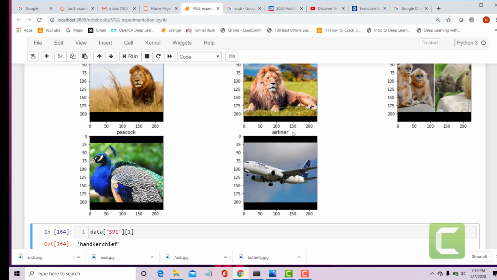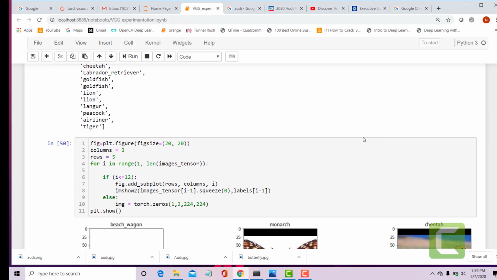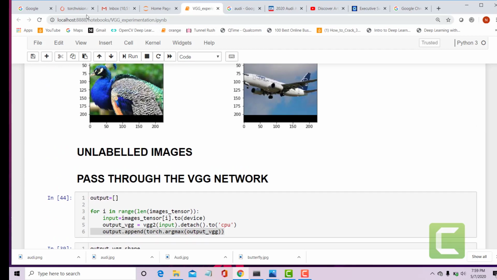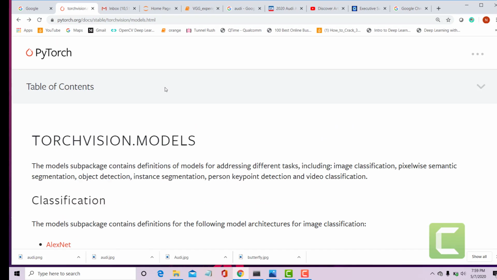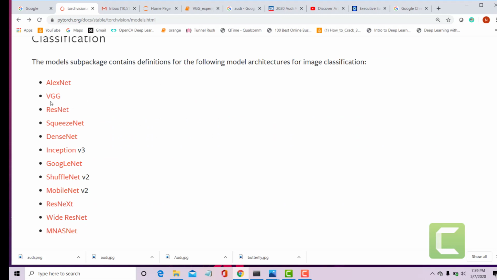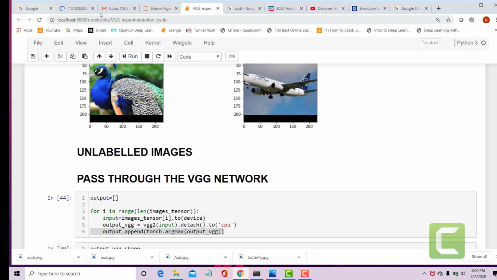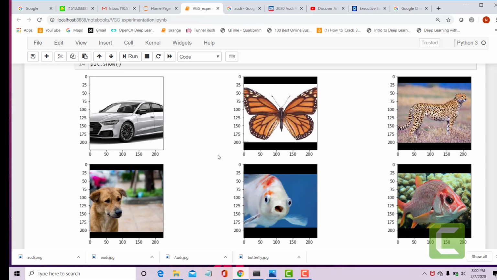So this is very easy, guys. You can also try it. I'm going to share this code, and you can also experiment with this. In fact, you can try to load other models that are there in the PyTorch Zoo. There are so many models: VGG, ResNet, DenseNet. The famous ones are VGG and the ResNets. You can take them and run this and see if it is working. And don't take only these images. You can take any number of images and any different types of images.